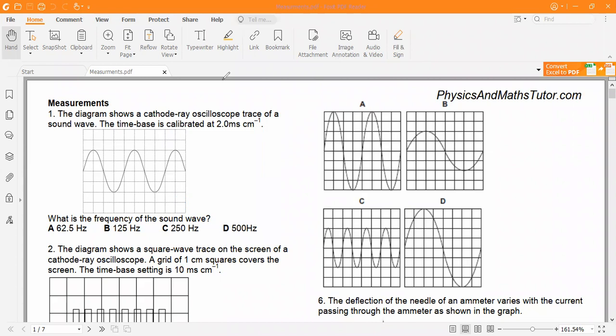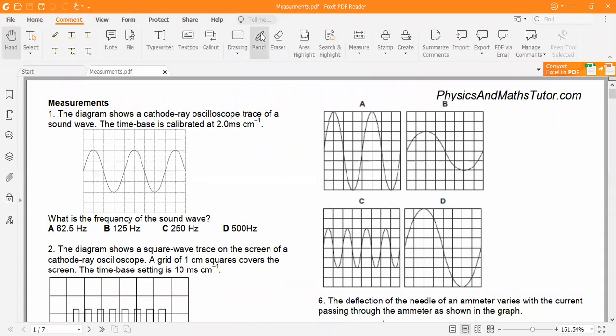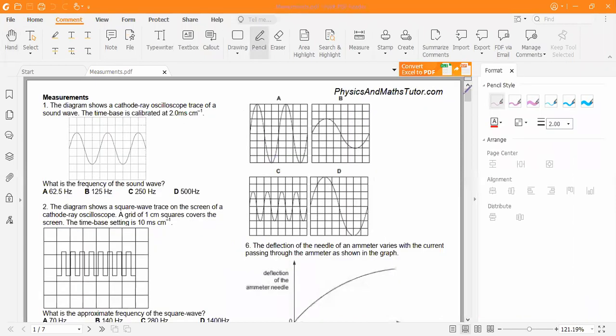Now they're asking, what is the frequency of the sound wave? So do you know the formula for frequency? Do you remember it? Yeah, frequency equals 1 over T. Exactly. So we know that f is equal to 1 over T. And what is T? It is the time period. Whenever we are using capital T, it is the time period. That is the time for a wave to complete one oscillation.